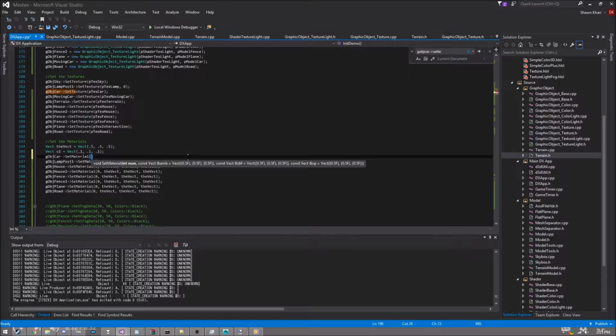Let's do the first material, the base of the car. Let's do vect of 1, 1, 1. You know, let's make everything 1, 1, 1. Oh no. Okay, so